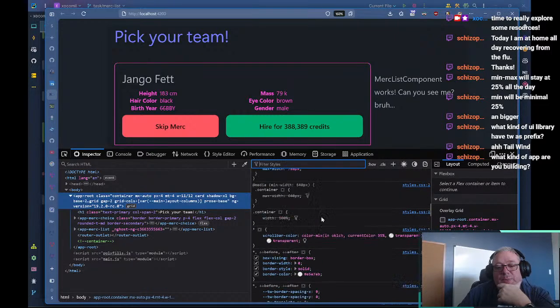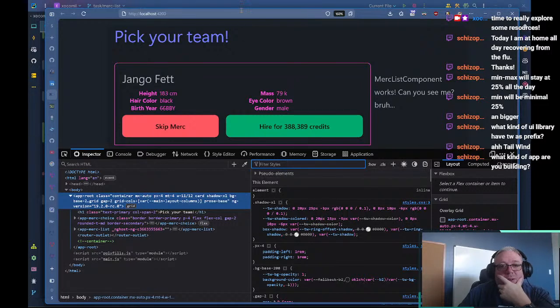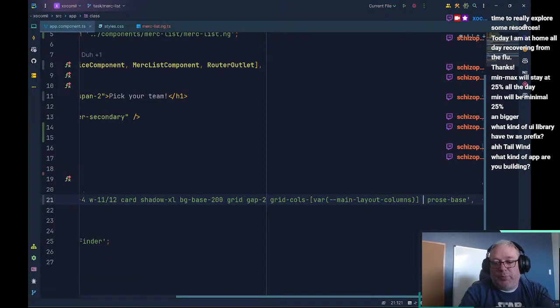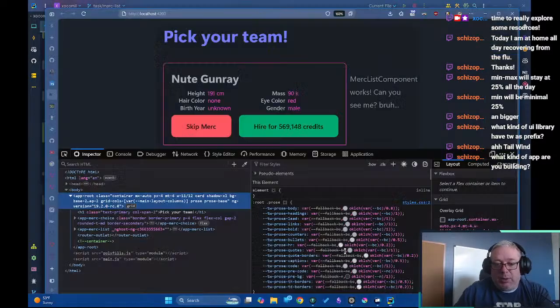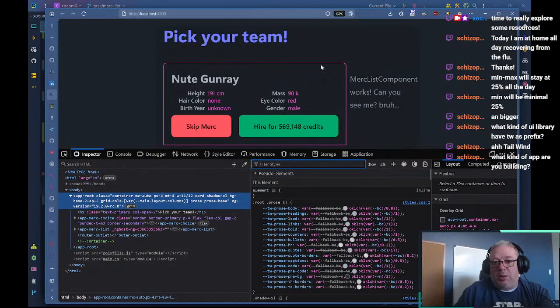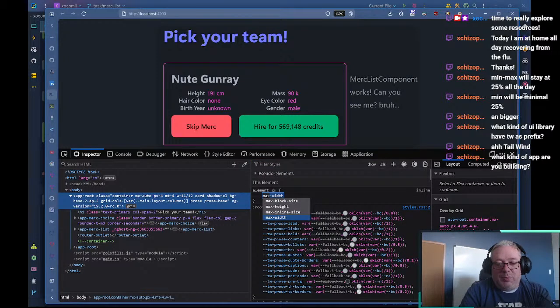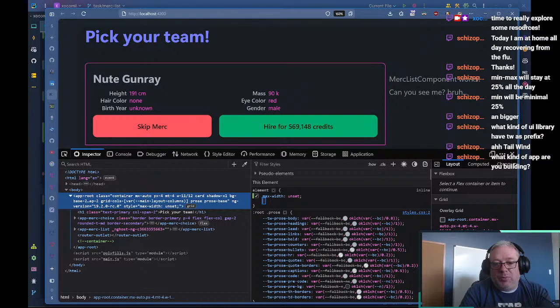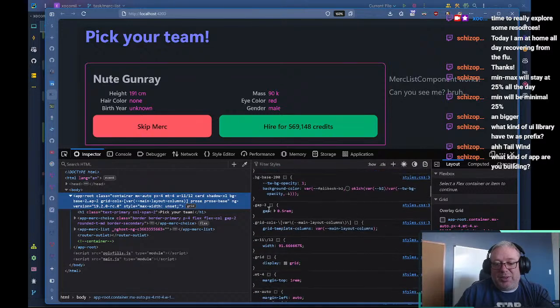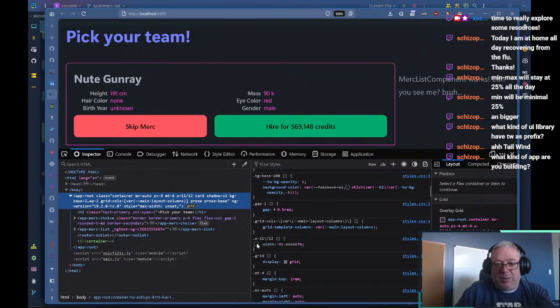Because what I hate is that prose is adding, like without prose, right? We're losing some of the stuff on our text, like the bolding and stuff like that. But with it, we get this max width. There we go. So what if we do max width unset and